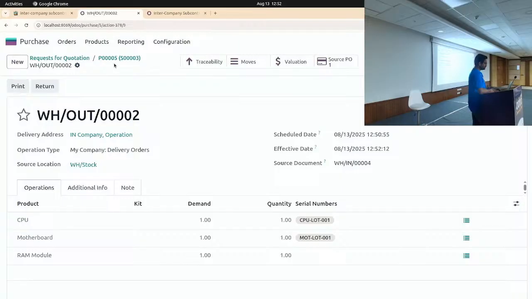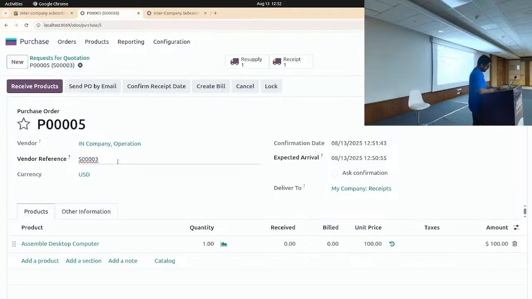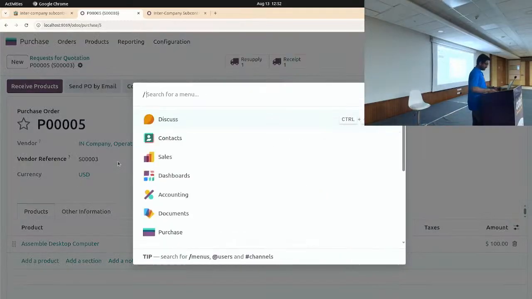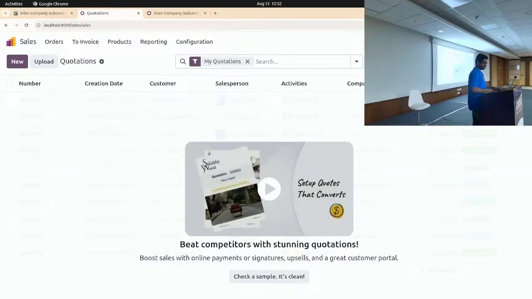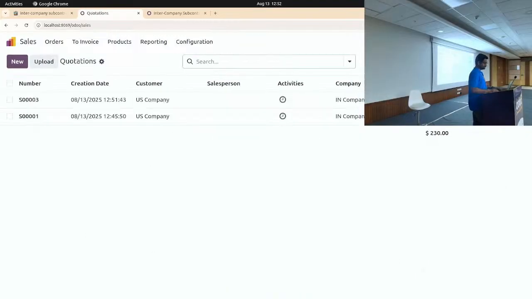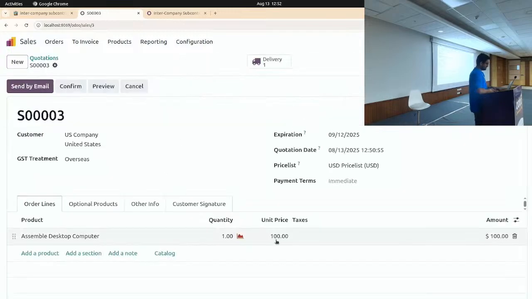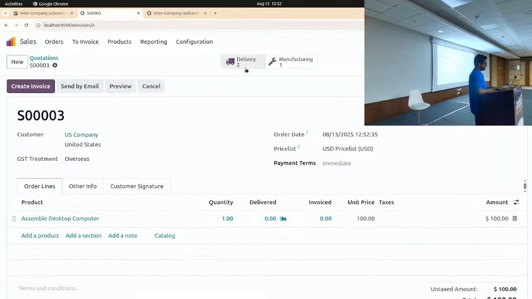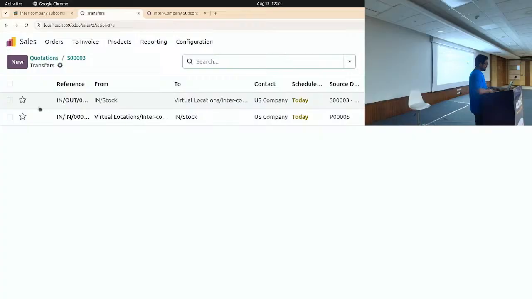So once I validate, you can see the same amount has come here, and when I confirm it, now one is a delivery by